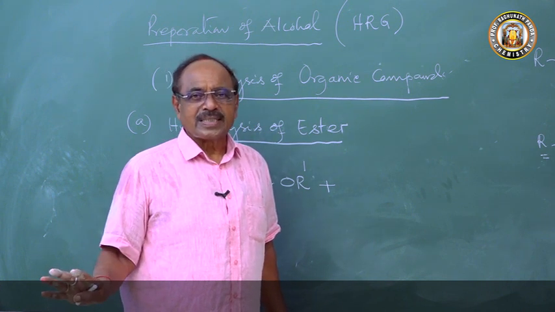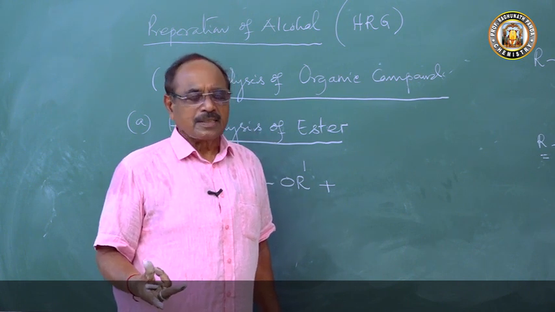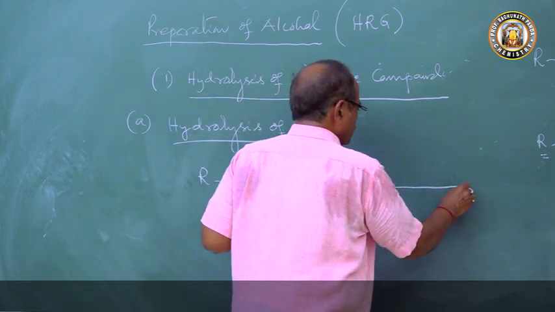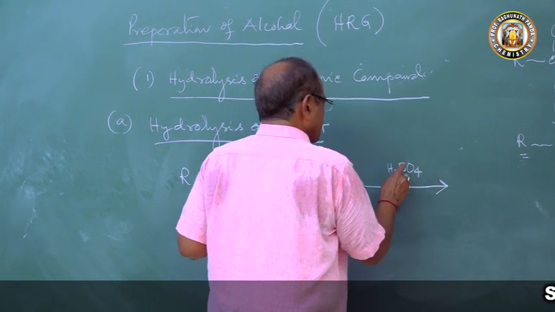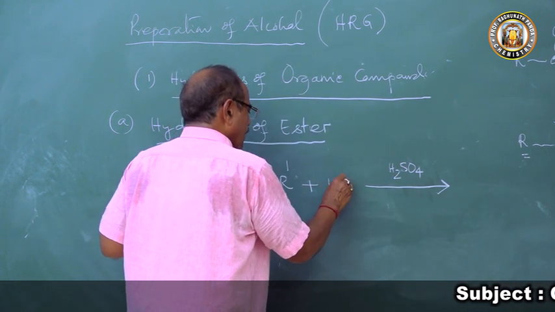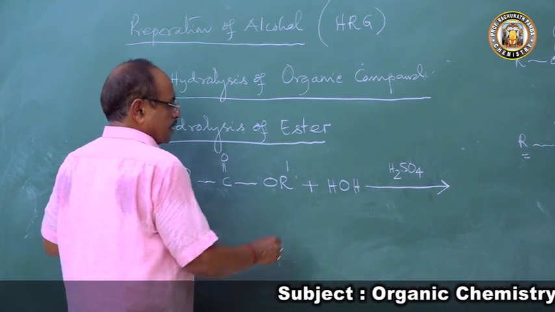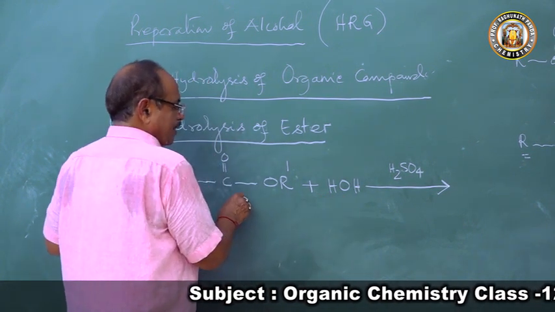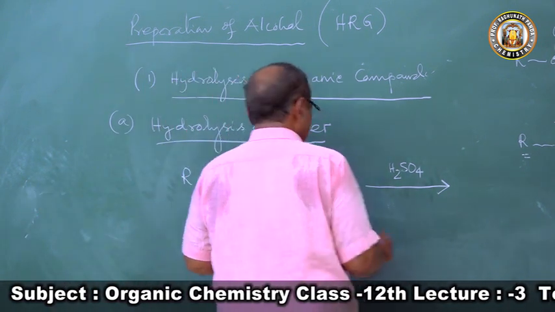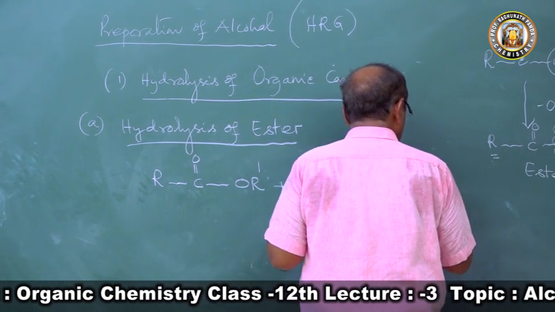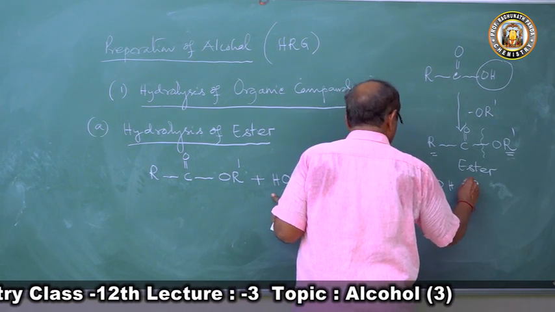Hence we will not take halo acids for hydrolysis, we will choose sulfuric acid, the mineral acid. So if you take that mineral acid, sulfuric acid, it will supply a molecule of water. This molecule of water will react and give us RCOOH, the carboxylic acid, plus